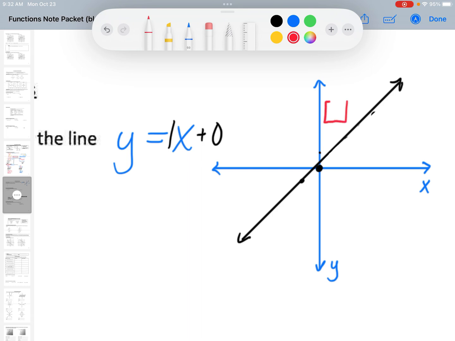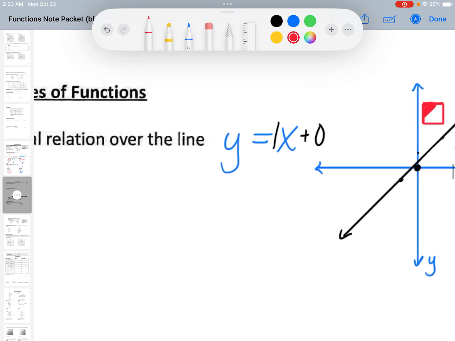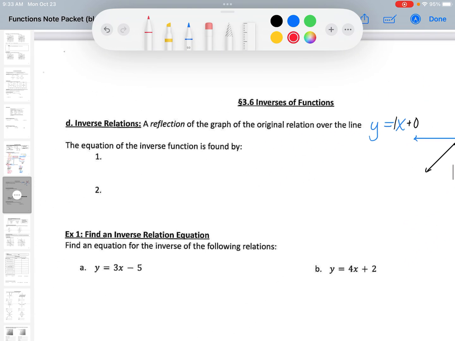Let's just do a box. All right, and I will shade this half right here, this portion, this section, okay? And I'm going to reflect this box over the y equals x line. This is not going to be perfect because I am not amazing at this, freehand anyway, but it's going to look something like that. So we are reflecting it over this y equals x line, and that's how you find the inverse function. So we can do this graphically, but we can actually do this even more easily